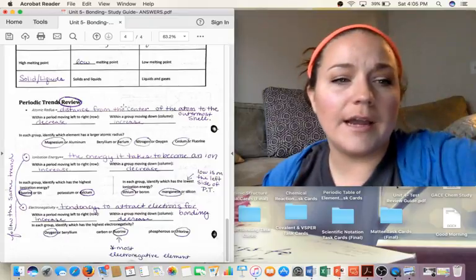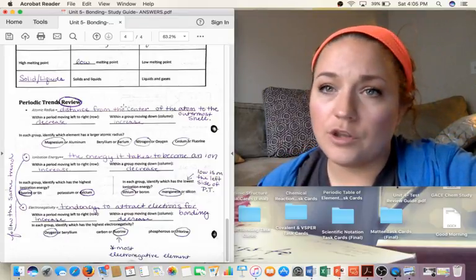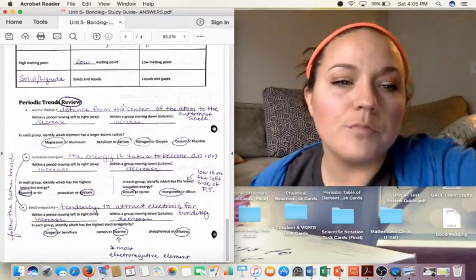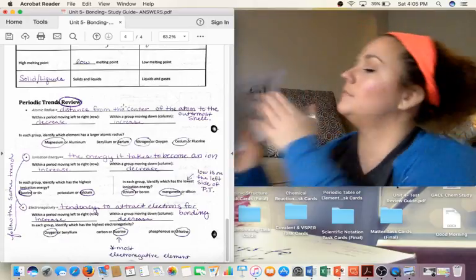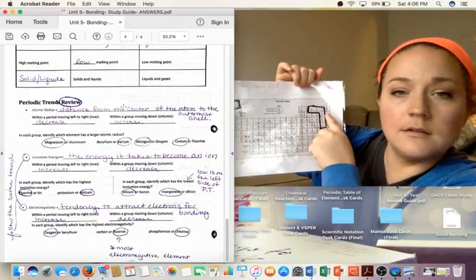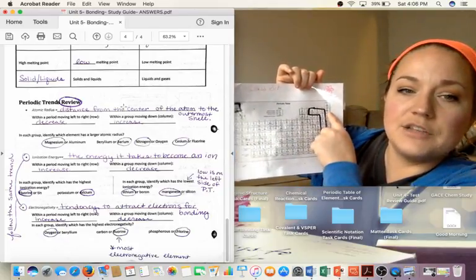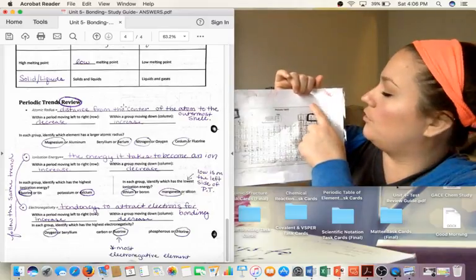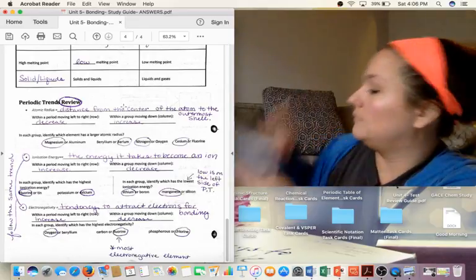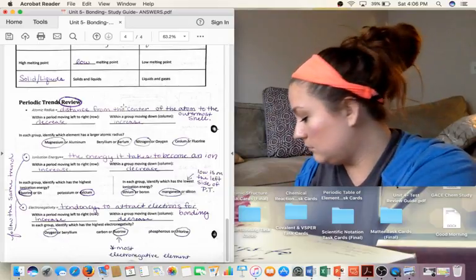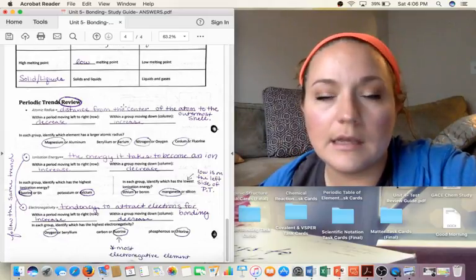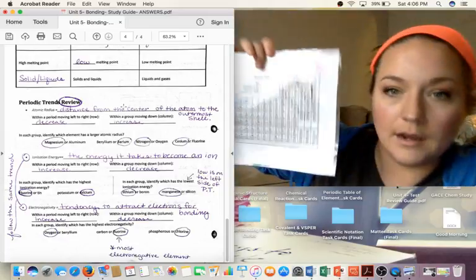All right, within a period, so when you're looking at the periodic table, when you're moving from left to right, so as I'm moving left to right, it decreases. As you're within a group, when you're going from top to bottom, it's going to get bigger. So, compared to the atomic radii, helium is going to be very small, where